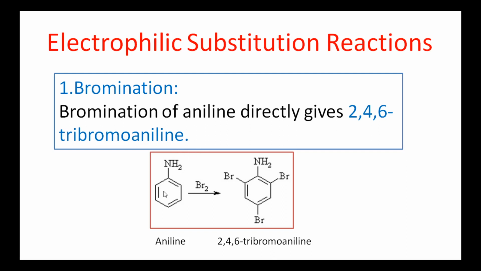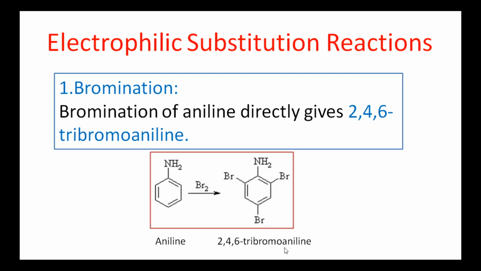That is, aniline is taken and bromination is directly proceeded, then the second, fourth and sixth positions, three positions, are substituted with the bromine electrophile. This is because the NH2 group is a highly activating group, so it activates the ring towards electrophilic substitution. So the two ortho positions and one para position are substituted by the electrophile and we get a